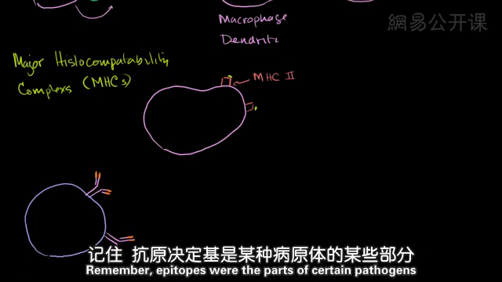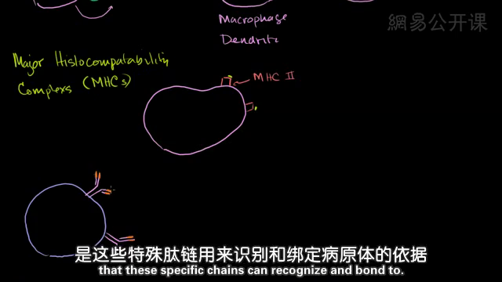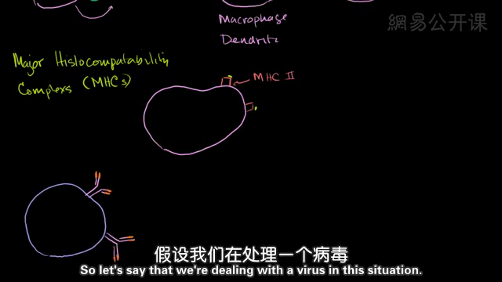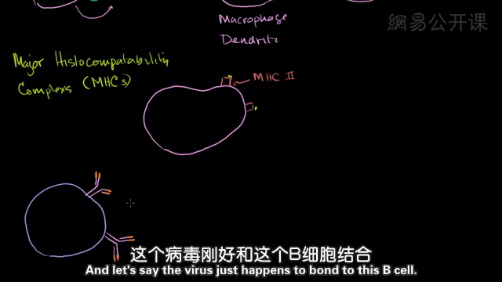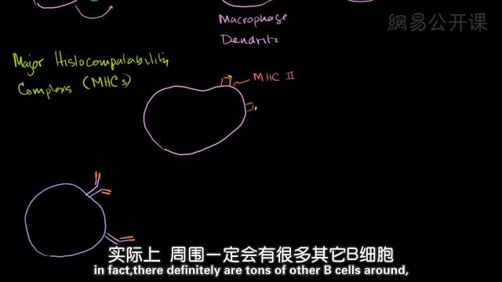Remember, epitopes were the parts of certain pathogens that these specific chains can recognize and bond to. So let's say that we're dealing with a virus in this situation, and let's say the virus just happens to bond to this B cell. Remember, there definitely are tons of other B cells around,